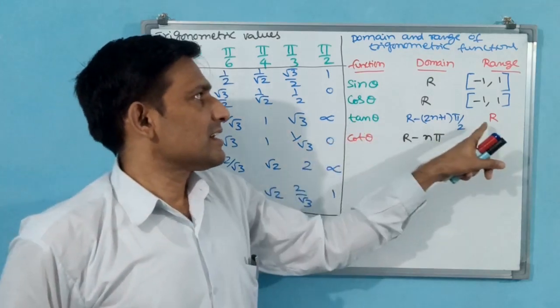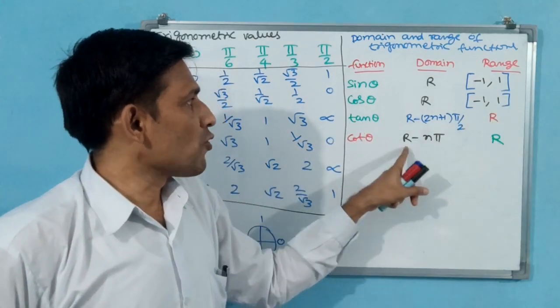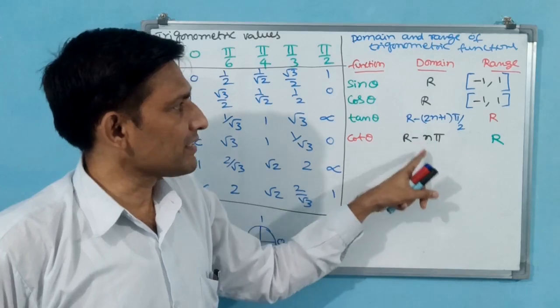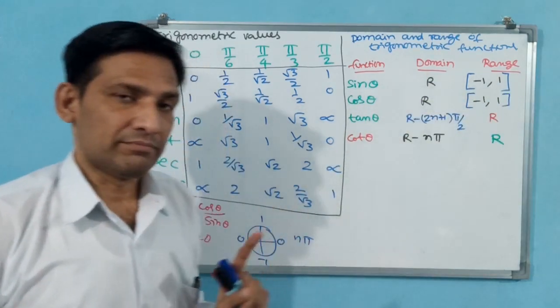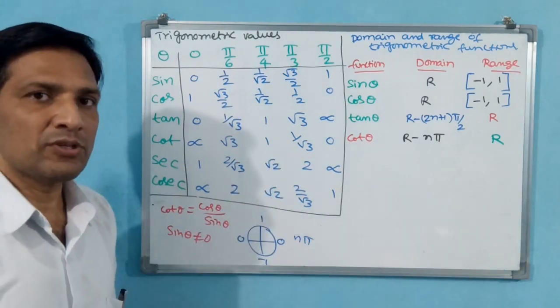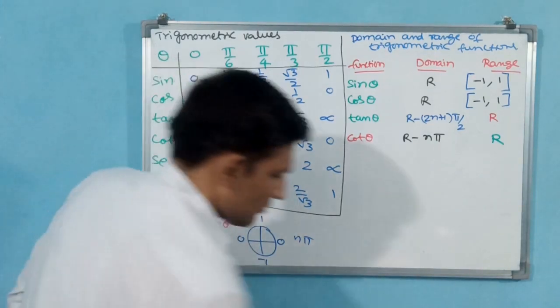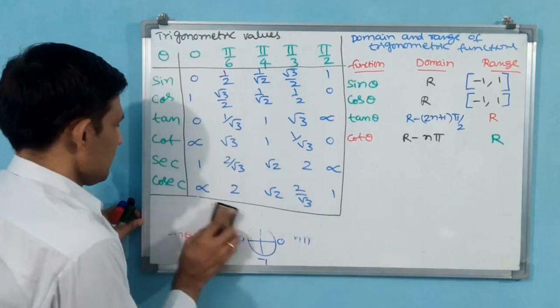Tan theta, cot theta, range both are same, but domain are not same. You see the difference. Sin theta, cos theta, domain and range both are same. By comparing also, you have to memorize. Okay. Now we go for